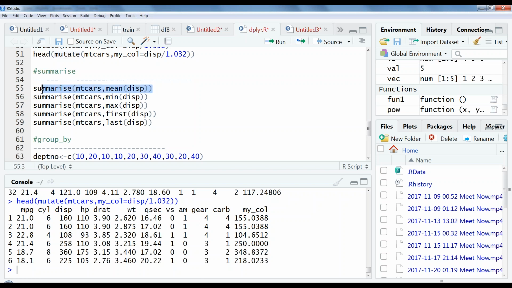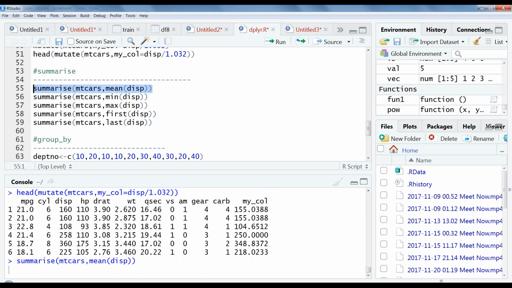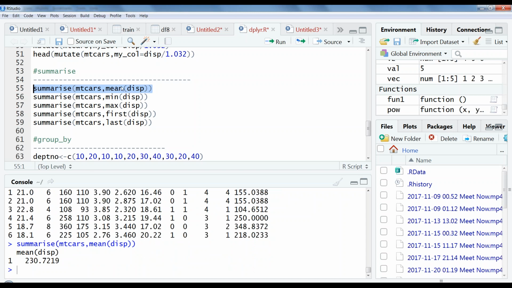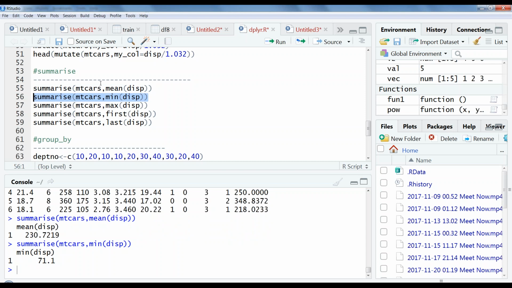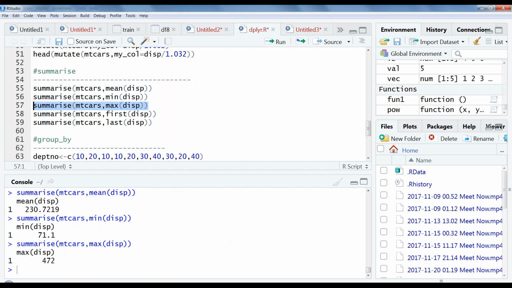If I want to know, I can get it with summarize of mtcars mean displacement, and I'm going to get 230.7219. If I want the minimum displacement, that also I can get, which is 71.1. The maximum displacement is 472.